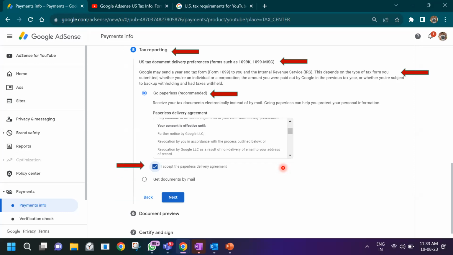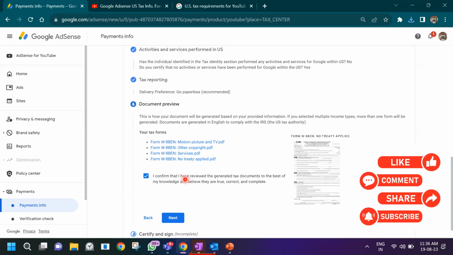And then what it says is go paperless. It is recommended because you're based out of India. If you want paper, then it might take a lot of other time. And then you accept this paperless delivery by checking this box, and then you click on next. If you still prefer to get documents by mail, you can choose this option and follow the instructions that follow. What it says is just previewing this document that you've filed